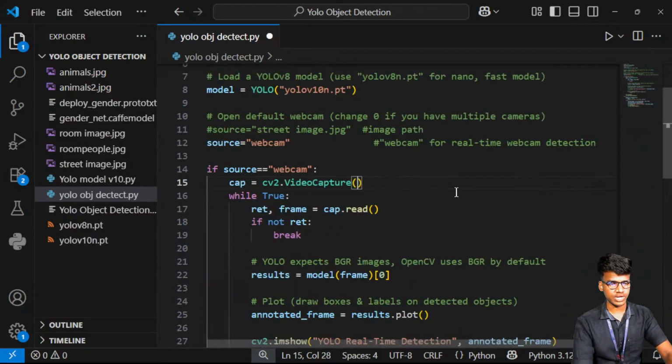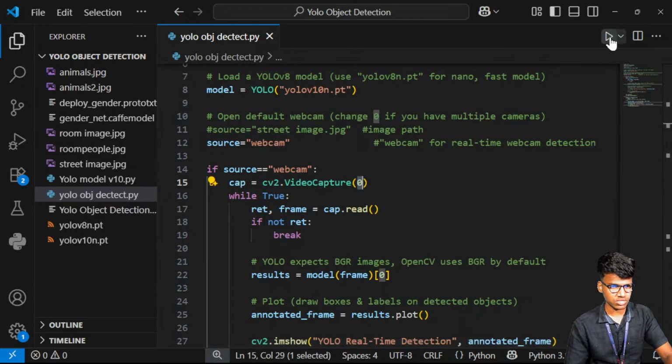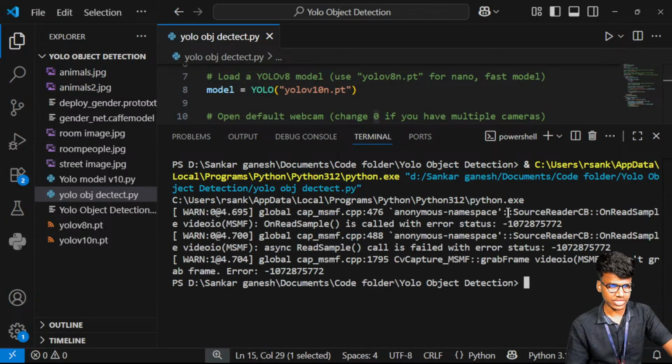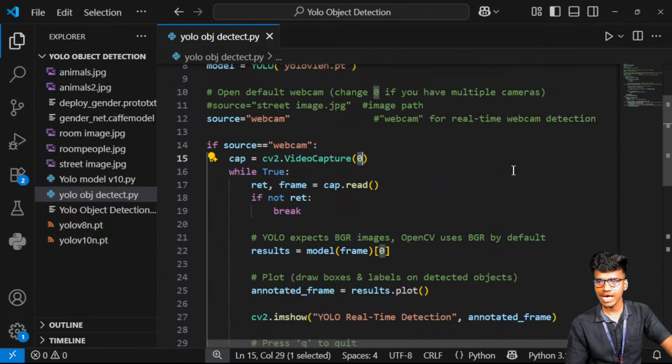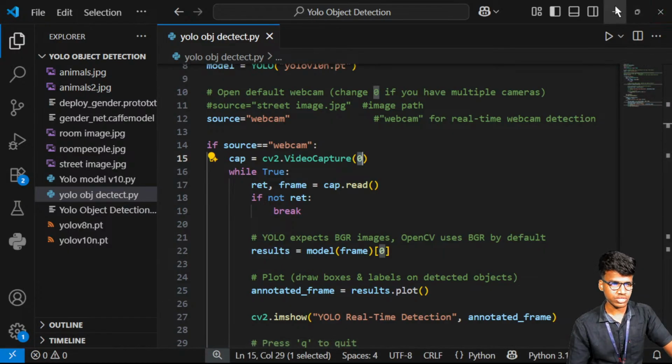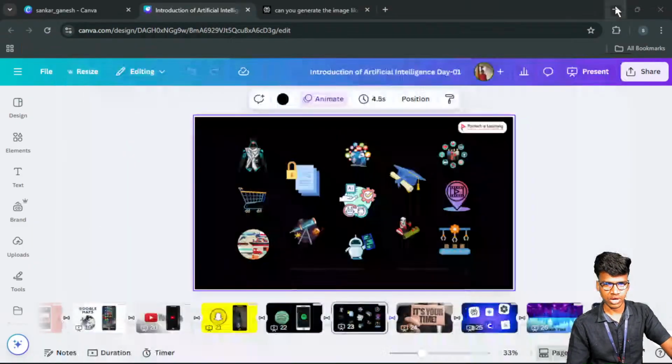Okay, now I try 0. I already tried this one, so once again I try this to see whether it executes or not. The same problem is faced here also. So there is some kind of issue in my camera access. I am already using this camera for my real-time capturing, so that's why it failed to execute. Once I resolve this error, I will show you how it works. Okay, so this is the way the object detection and everything will work. Now you understand what I am trying to say.